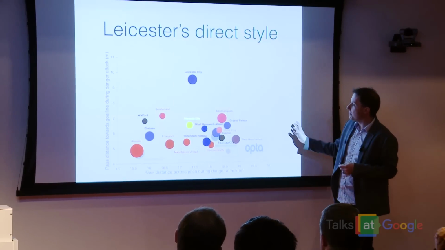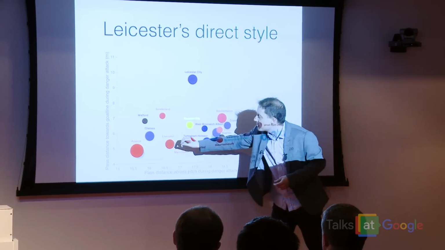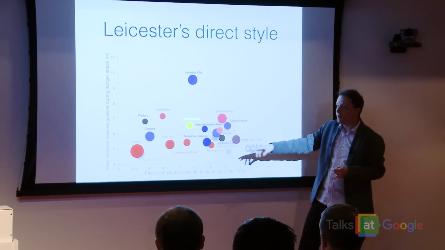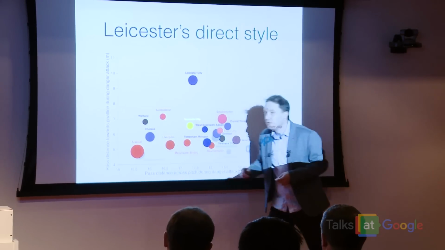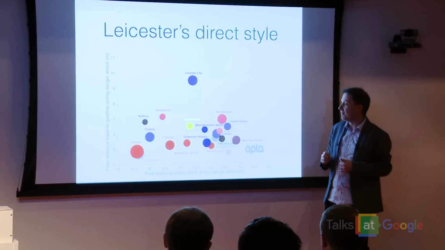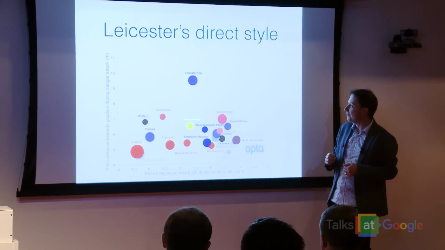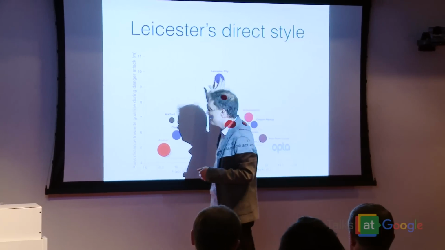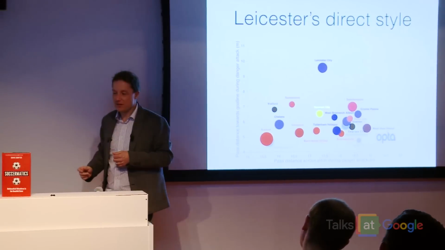One last thing I didn't say about this plot is that the size of the circle is the number of chances generated by the teams. So Arsenal had an incredible number of chances, but unfortunately they didn't have the strikers to score any of the goals. And Leicester City had fewer strikers, and fewer chances, but they were very effective in converting